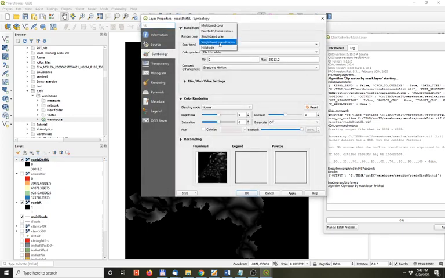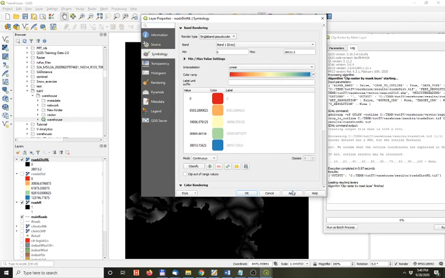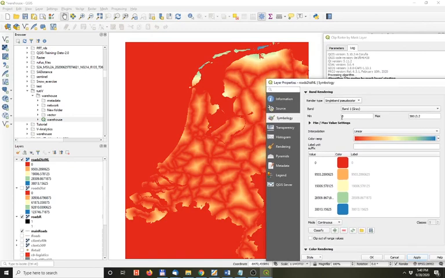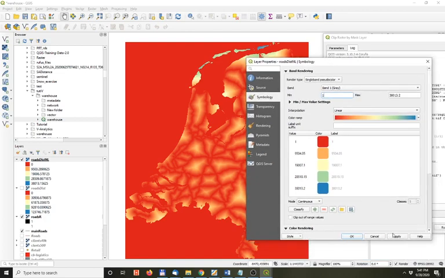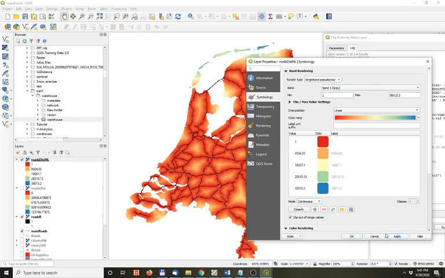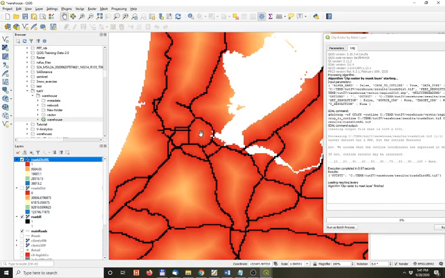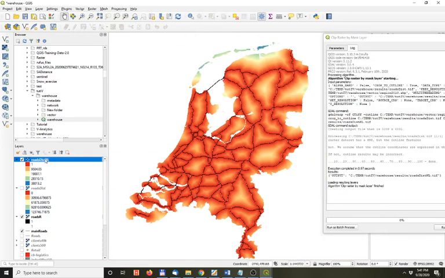Change the symbology, single band, apply. Looking good, but actually I don't care about all these zeros here. So let's just give between 1 kilometer, because 0 is actually on the road, and apply clip out range values. So if I do this, clip out the range values, and I say I want to start at 1, apply, and okay. There we go. A new data set with